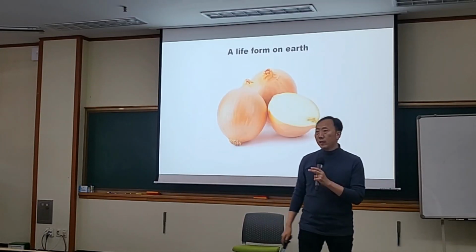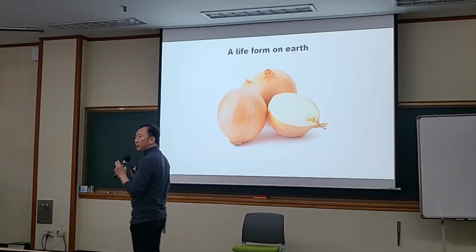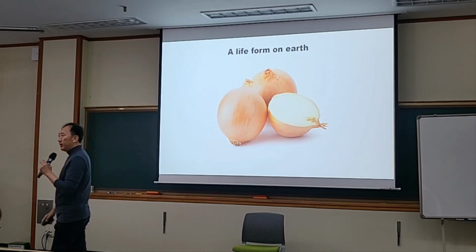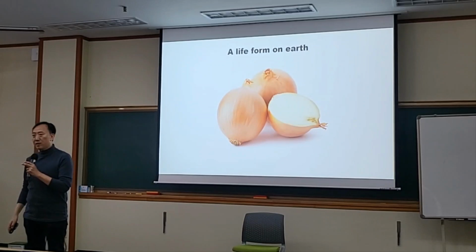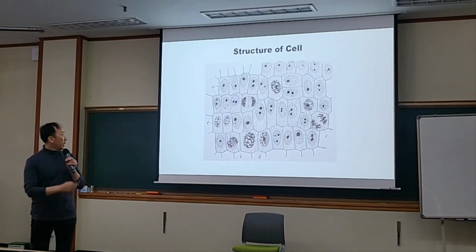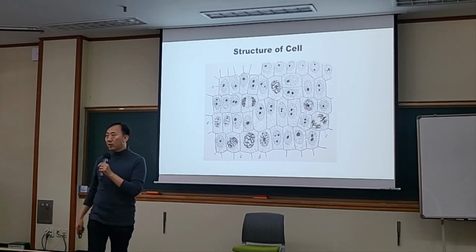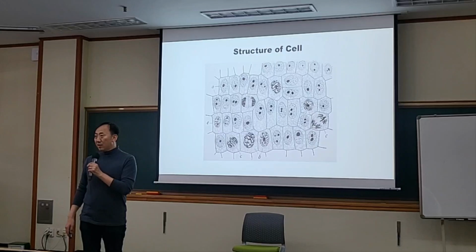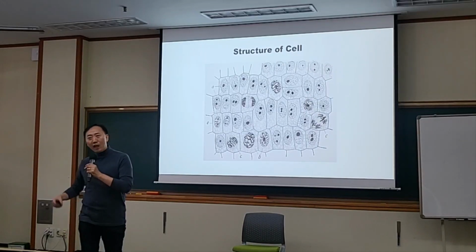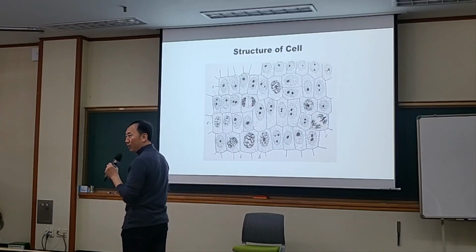And the modern form of life. Well, when I was a middle school student, usually we used this as the model of the cell structure. It's easy to make it layer by layer. And then if you take those cells and stain them, they look like this. Actually, this picture was drawn in the 19th century. It's amazing, isn't it? That means they had a microscope, they knew about the nucleus, and then they knew about